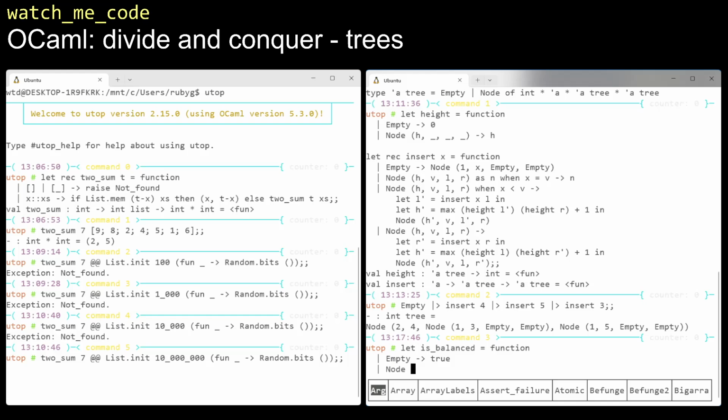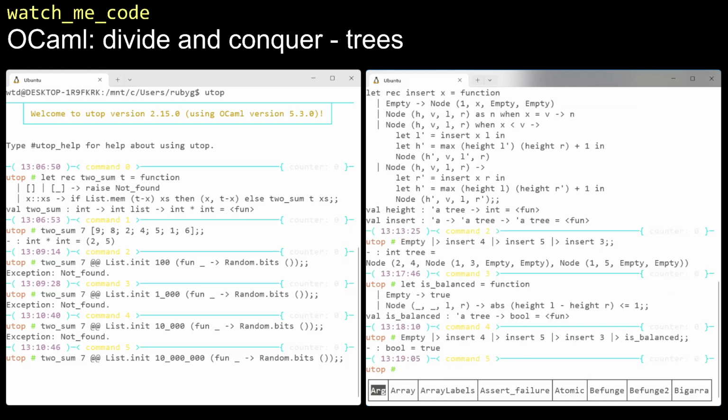We only care about the left and the right, and only if the height of the left minus the height of the right, the absolute value of that is less than or equal to 1. Very easy. So if we check that previous tree,